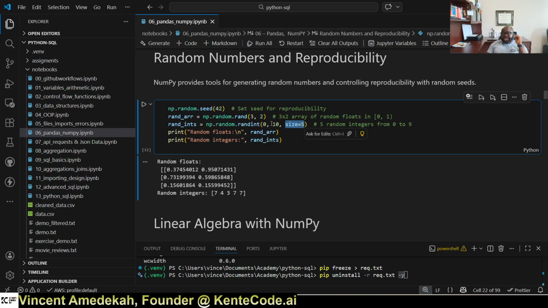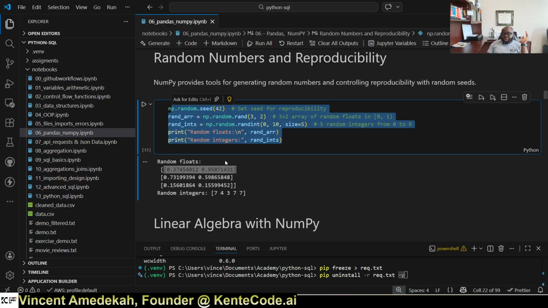You want 5 random integers between 0 and 10. The last one is always not included, that's just how it is. So you can see those random numbers we generated. This one is not something you see. It is something that is seeded in the machine. It's not something that you can see. When you do the seed and generate, the seed will provide that number out of it. You see, when I run this,